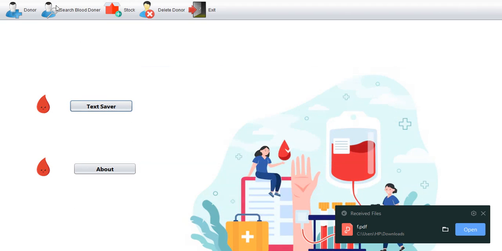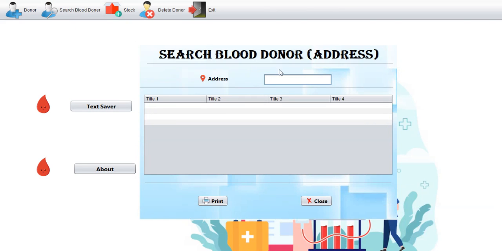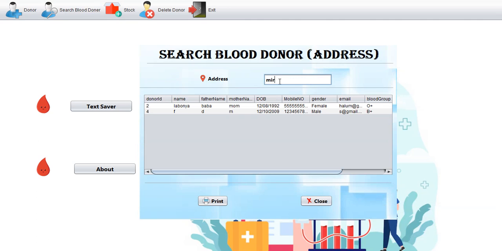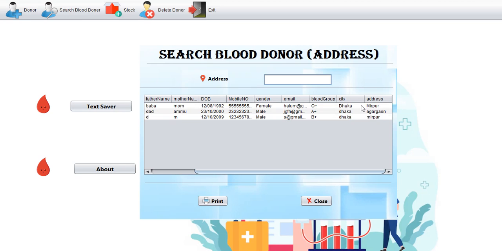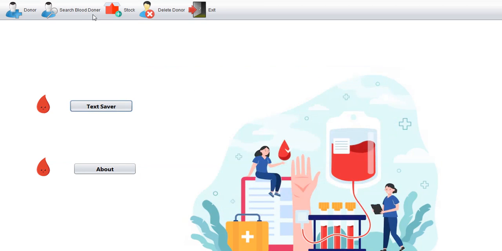We'll close this, and we can also search for blood donor by two types. We can search by location or by blood group. We'll try to search by location. If we provide Mirpur, we'll see that there are 2 donors in Mirpur, and while we type in our address, it will match with the address of the donor. And if we provide a different address, we'll see there's no donors here. So, we can also print this donor information, close it,